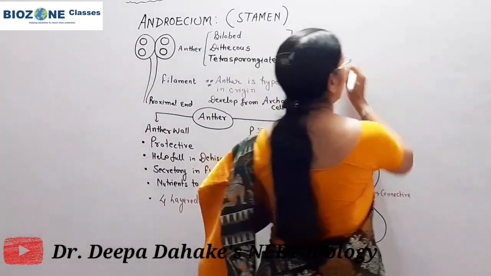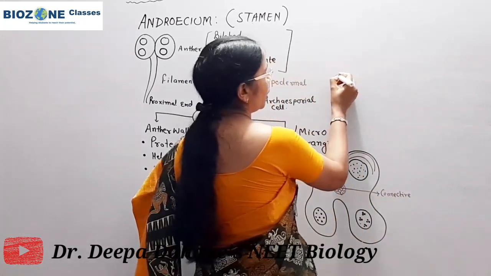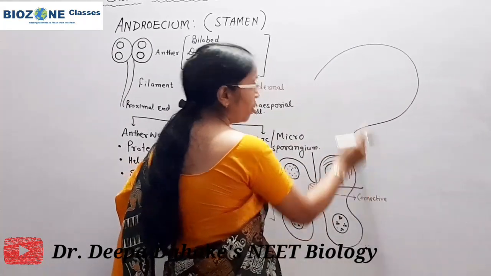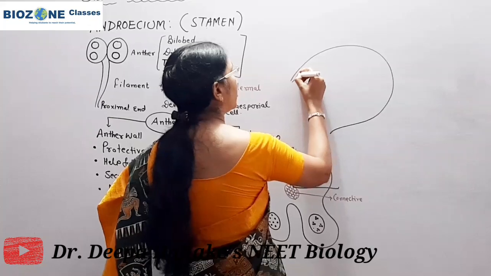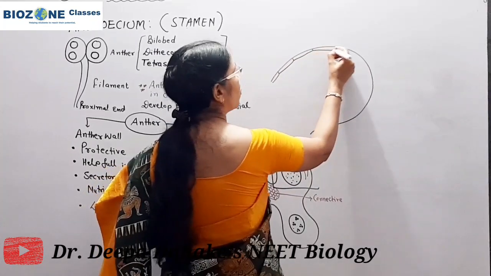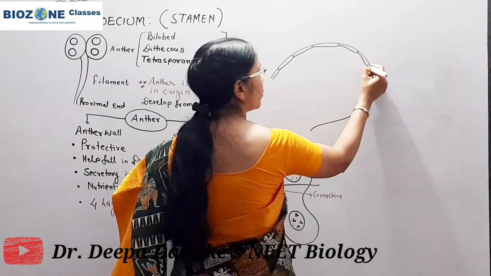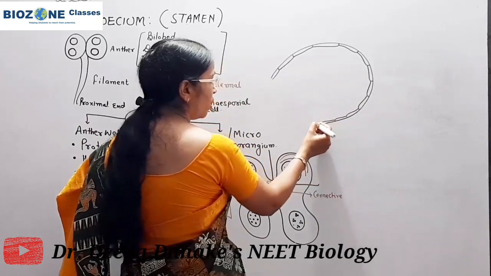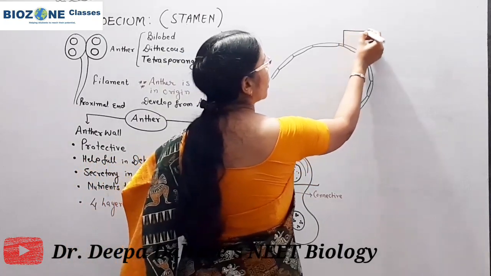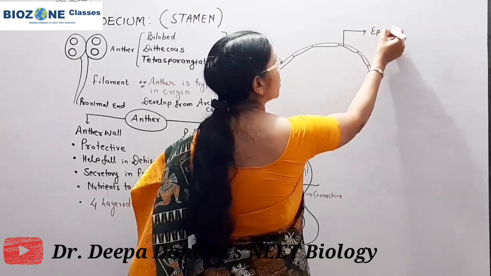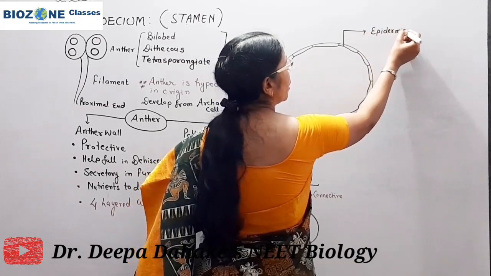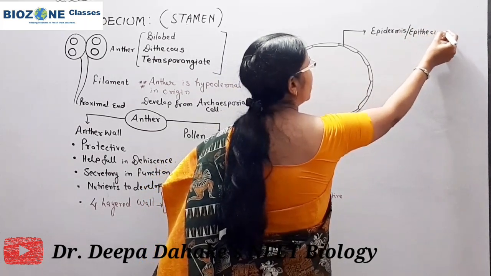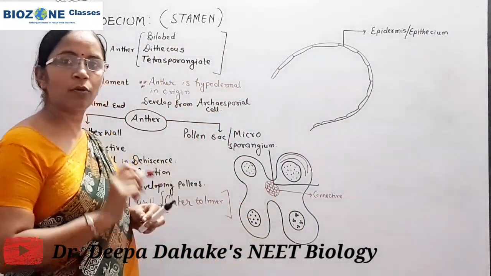So here you remember, when we draw the structure or study the structure of the anther wall, only one-fourth of this part we draw in this section. The outermost layer of the anther wall is a single layer, called the epidermis, or in a reference book another term is provided, epithecium. First thing you remember, the outermost layer of the anther wall.